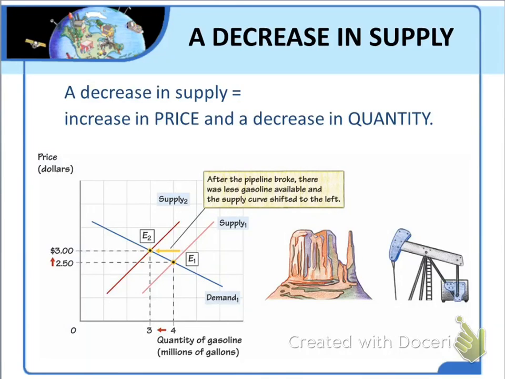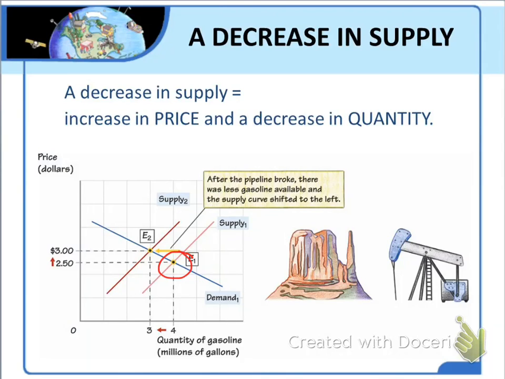As a result of this disaster, the quantity of gasoline available for sale in Phoenix decreased at every price. Now we can consider how this event affected the equilibrium price and quantity of gasoline in Phoenix. This figure provides hypothetical supply and demand curves for the gasoline market in Phoenix. In the month before the pipeline broke, the market for gasoline in Phoenix was in equilibrium, and that would be